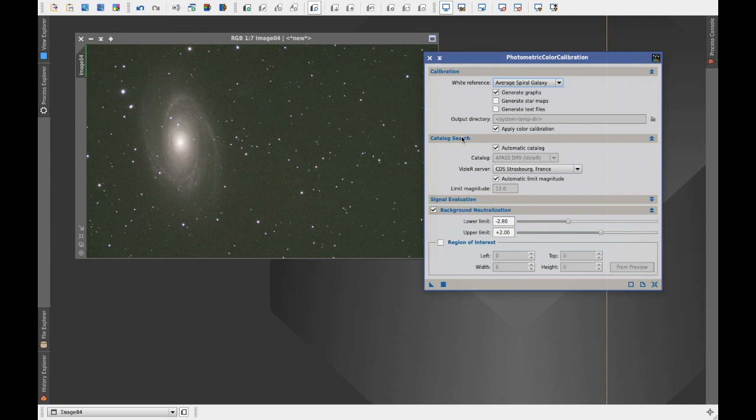The catalogue search, you can see, says automatic. That will connect to the internet and get the data that's required based on the solution to the image. You can change that to the database on your computer if you've downloaded that. There's no need to change the background neutralization,